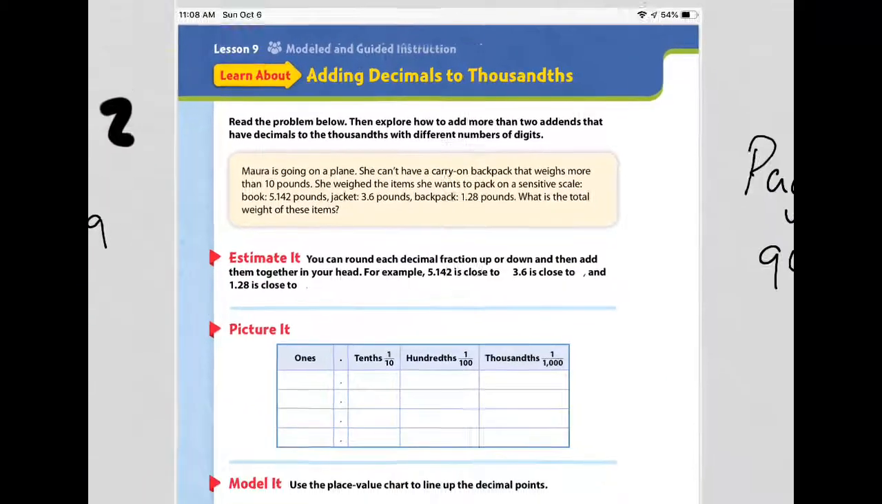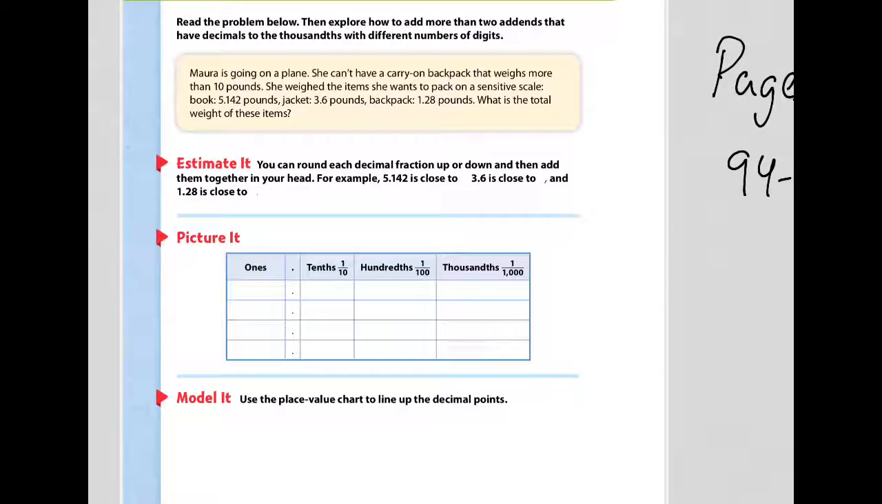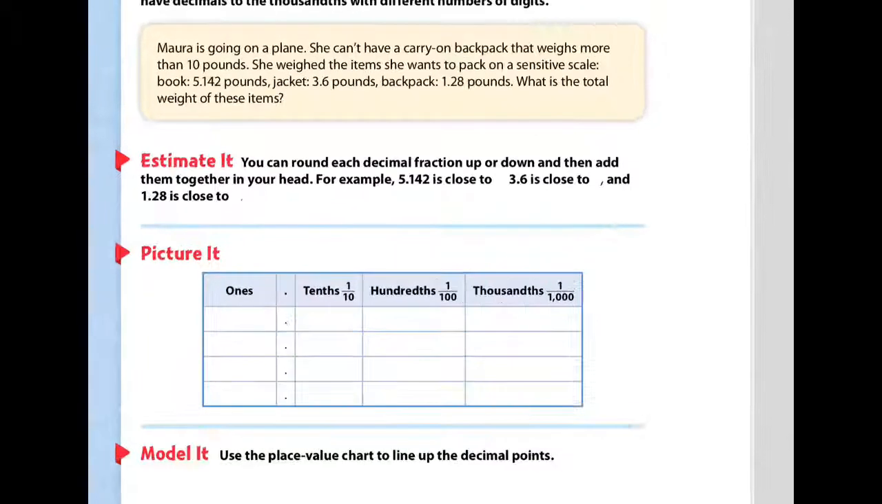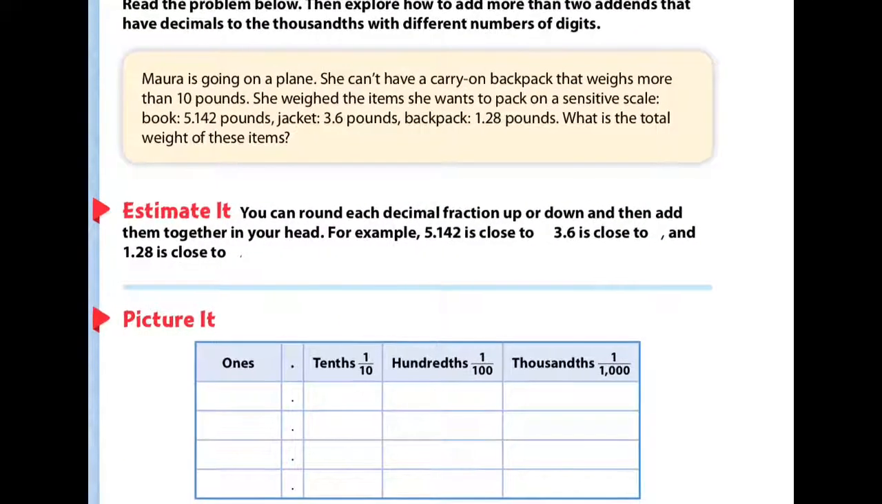Now, what we're going to do below is we are going to show you 3 strategies that you can use to help find your answer. So I'm going to go over these strategies, and you just have to follow along. You don't have to write anything here unless you want to take some kind of notes. So the first thing is you can estimate it. So follow along here. It says you can round each decimal fraction up or down and then add them together